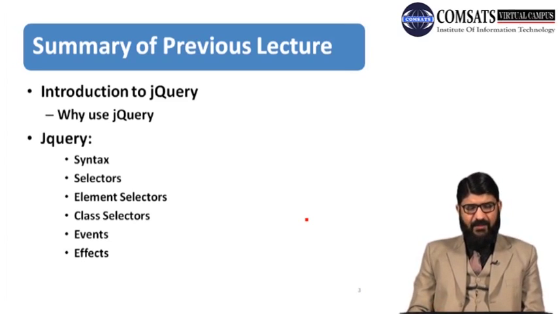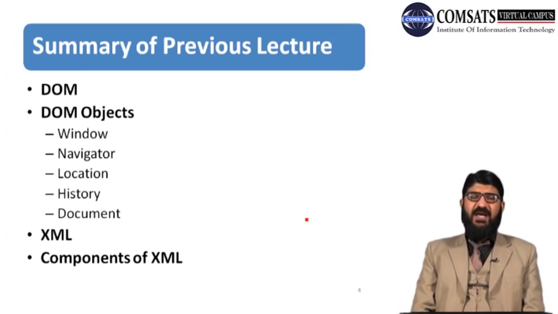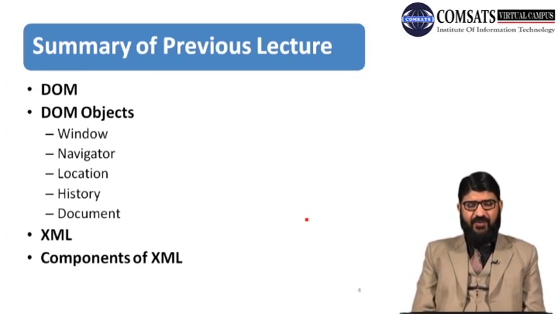And moving onward, we have seen DOM. DOM is basically the abbreviation of Document Object Model. And we have seen there are different types of DOM: HTML DOM, XML DOM, and we have also seen XHTML DOM. DOM is basically used to access or set the particular web form elements that are rendered, that are displayed on the web page.